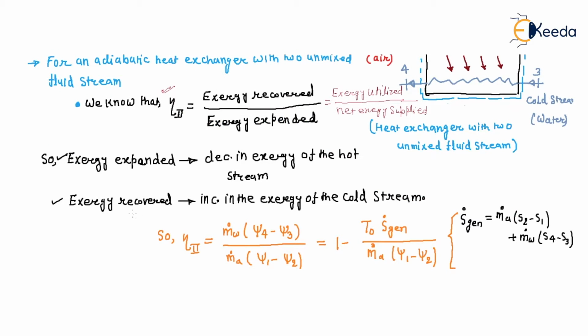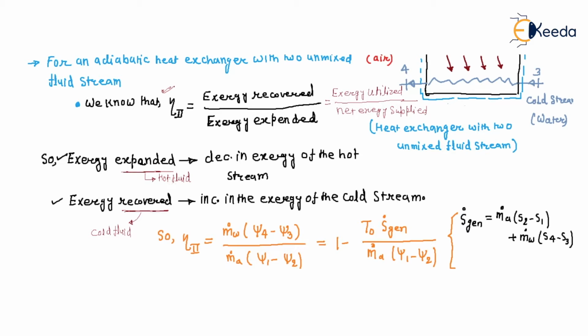This is the exergy recovered, and it is recovered by the cold fluid. And exergy expended, that means exergy loss, is by the hot fluid. So the ratio of these two is the exergy gain by the cold fluid divided by the exergy